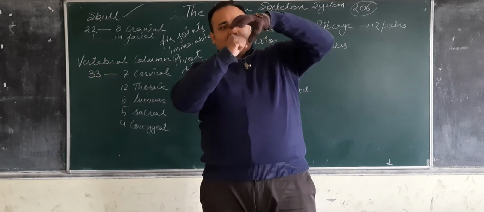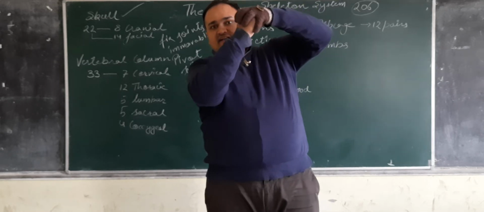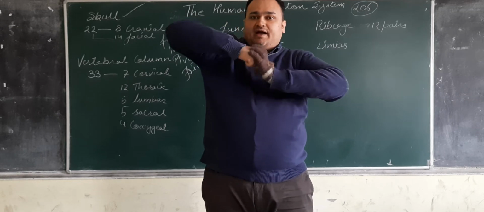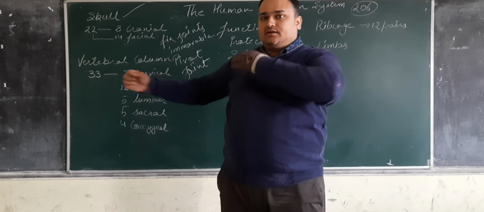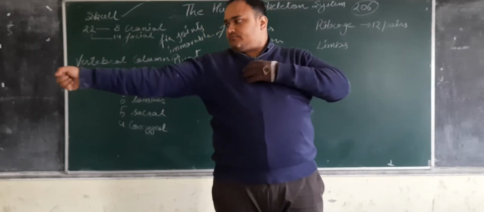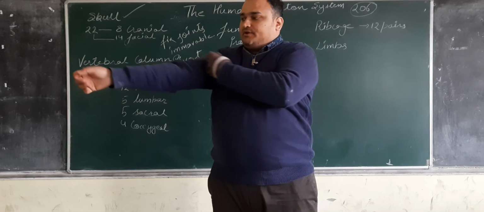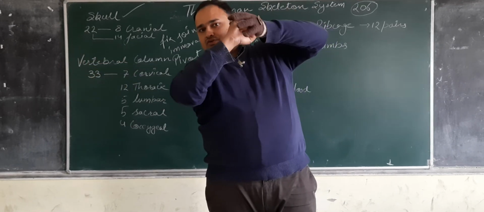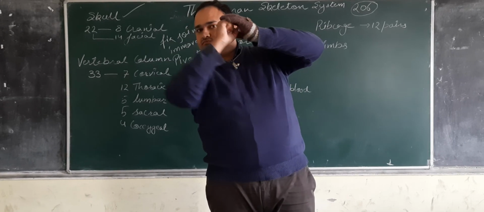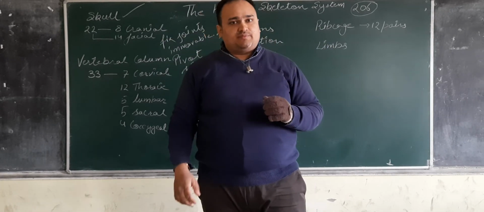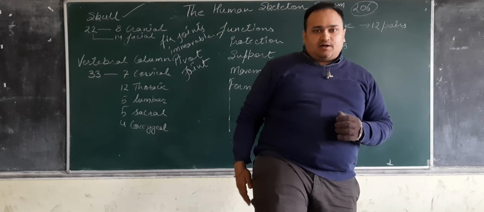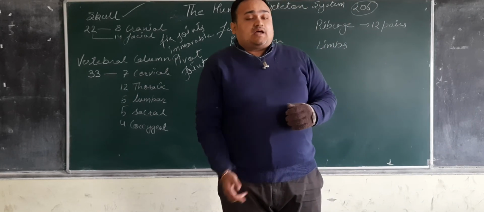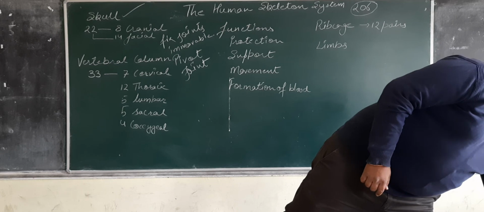So why? Because of the type of this joint. This is a ball which is fixed inside a socket. So it allows it to move in multiple directions, but it can't allow it to go back. So that is why I am not able to move back. But with the ball inside the socket, I am able to move like this, twist and tilt. Okay, but not back. Similarly, in your feet also, you can go forward, you can go backward, you can go sideways. Okay, so this is the type of movement when we are talking about the ball and socket joint.